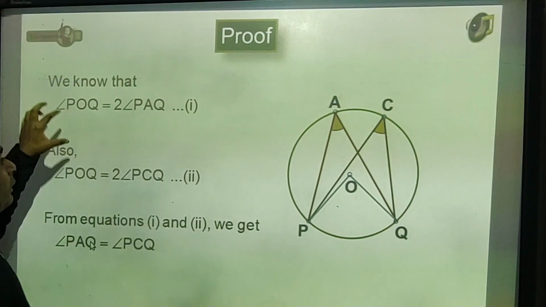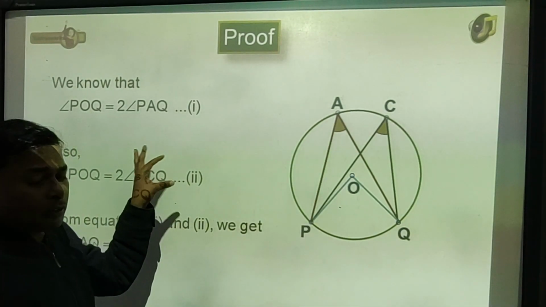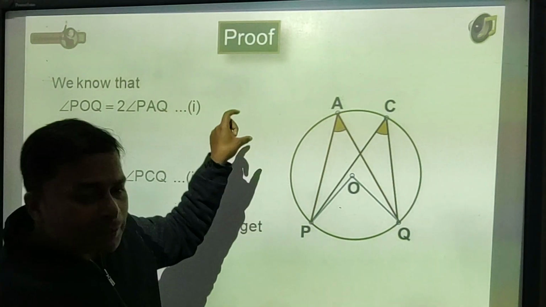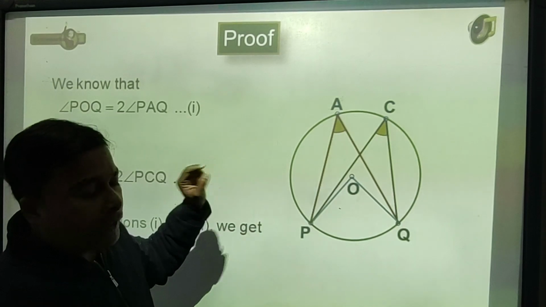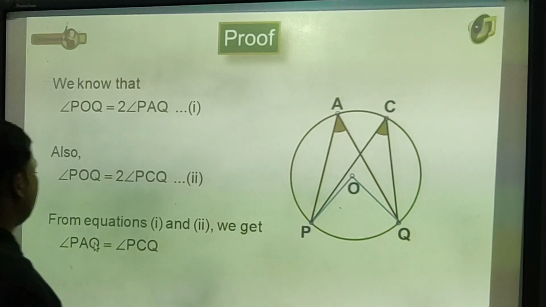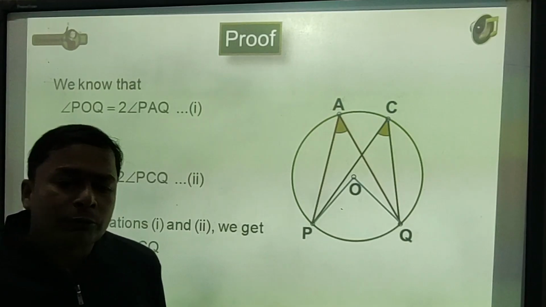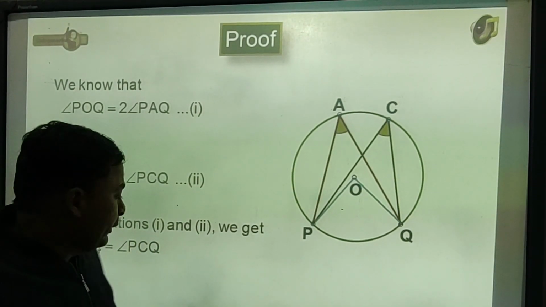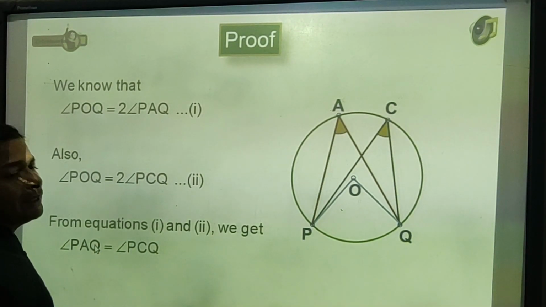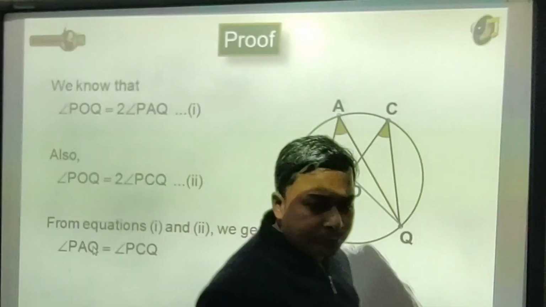You can see here in two different equations 1 and 2. If you write in such a way in the answer sheet, you will get marks deducted. So you have to mention why it is 2 times. Angles found at the center is 2 times angles found on the circle. You have to mention that statement. So from first and second, we can say that both the LHS are equal. If both the LHS are equal, their RHS will also be equal. So can we say that angle PAQ is equal to angle PCQ because 2 will be cancelled from both the places. I hope it's clear.